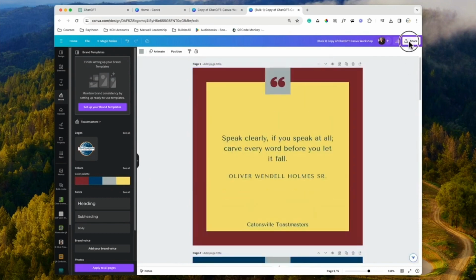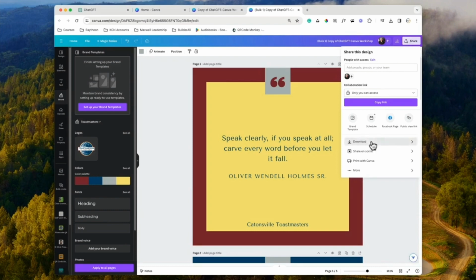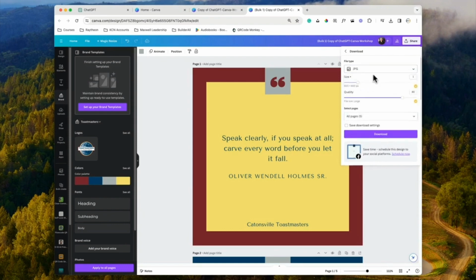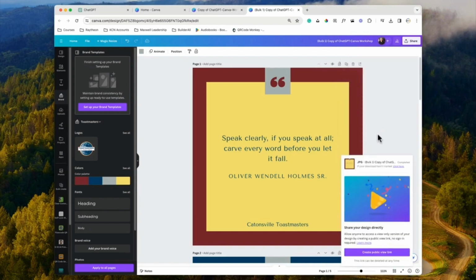So I just simply go to Share, Download, and I recommend using the JPEG version because this is going to a website, or if it's going to a social media platform, the JPEG format is much smaller and it will load a lot faster. I download, and they've been downloaded to my download folder, and they were ready to go.